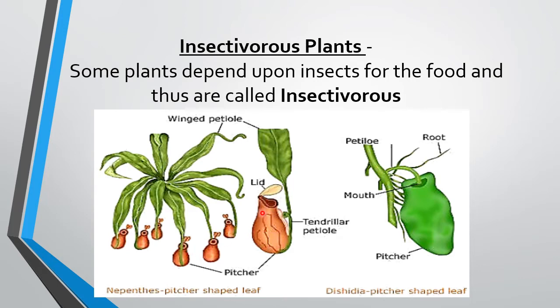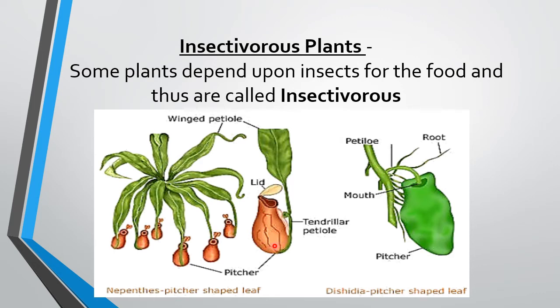In the pitcher plant, you can see the leaf is modified into a pitcher-like structure. It has a lid; when the lid is open, it attracts the insects, and inside the pitcher you can see several hair-like structures. When the insects are trapped, they go downwards into the pitcher of this plant, and then immediately the lid closes and the insects get trapped inside the pitcher.